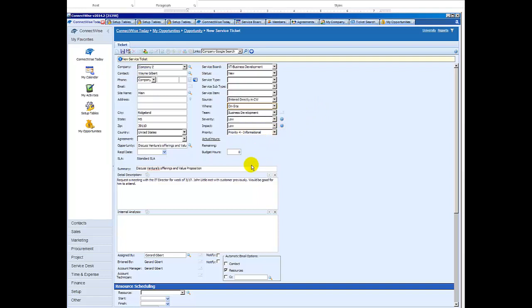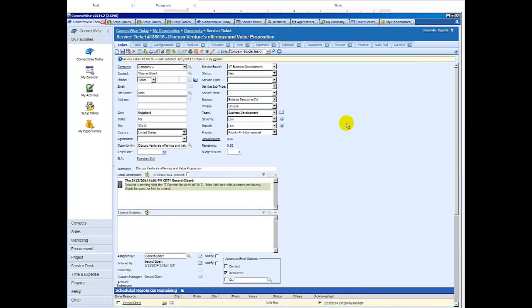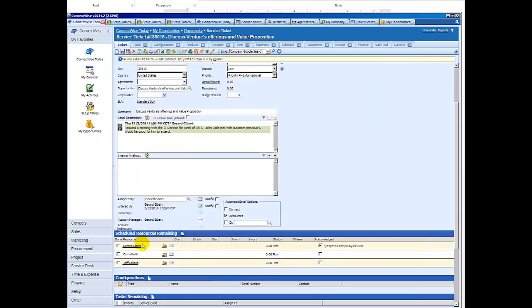Everything else I like. Notice that in ConnectWise, the ticket has actually inherited the summary from the opportunity as well as the description from the opportunity. So this is really all that's necessary to enter the ticket at this point. I'm going to go ahead and save the ticket, and that's going to automatically assign resources, in this case me